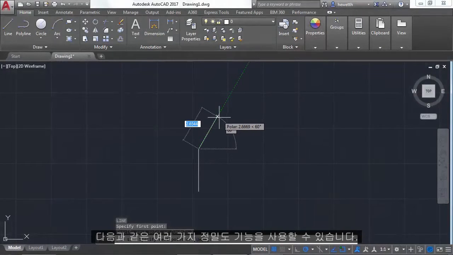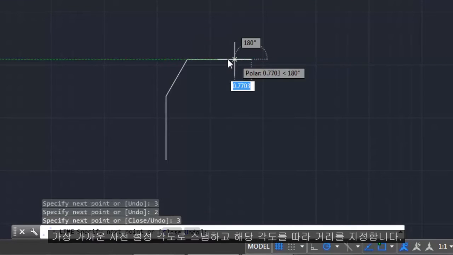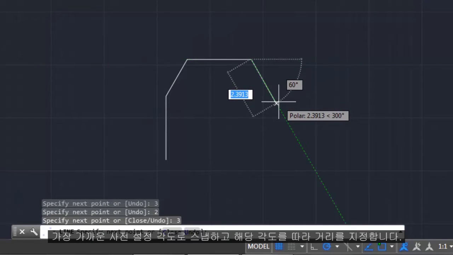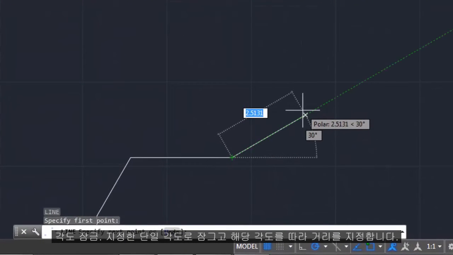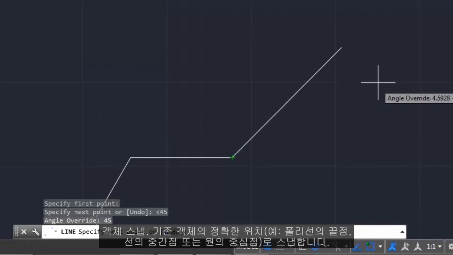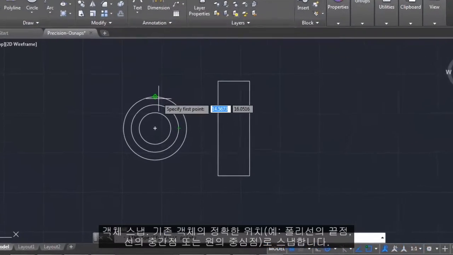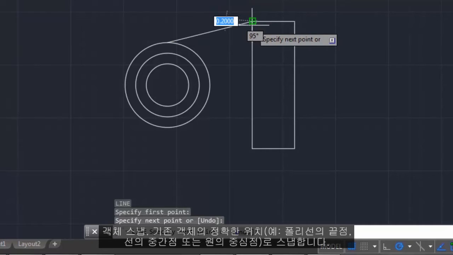There are several precision features available, including polar tracking. Snap to the closest preset angle and specify a distance along that angle. Locking angles. Lock to a single specified angle and specify a distance along that angle. Object snaps. Snap to precise locations on existing objects, such as an endpoint of a polyline or the center point